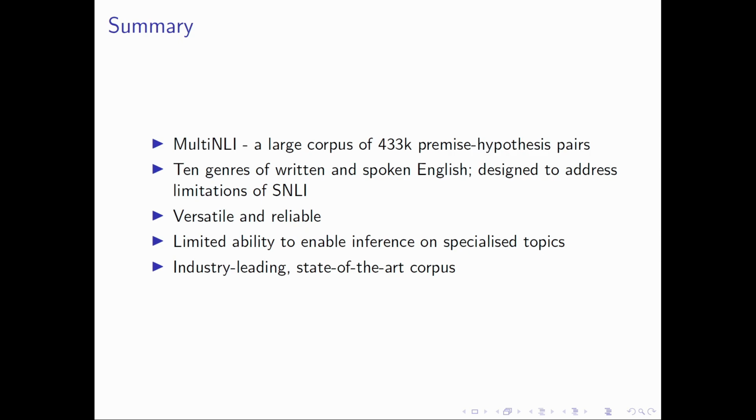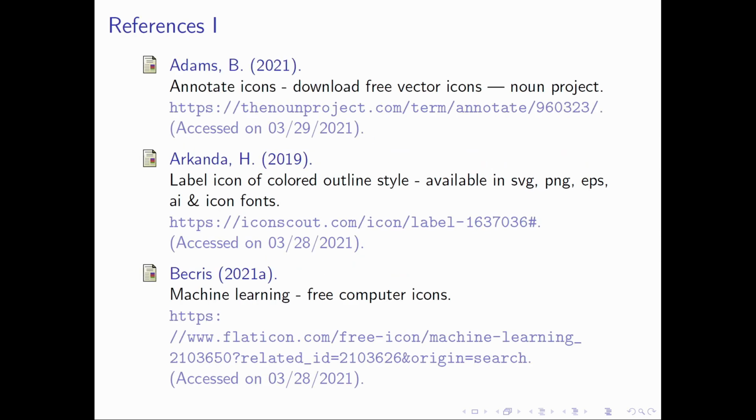While it is not perfect as a corpus, the criticisms of MultiNLI are very minor. MultiNLI meets all the criteria of a good corpus, which we explored at the start of this presentation. It's a large dataset and it contains accurate and clean data, which is well balanced across the 10 genres it covers. Therefore, we can conclude that the multi-genre natural language inference corpus is an industry-leading, state-of-the-art corpus for use in natural language inference. Thank you for listening to our